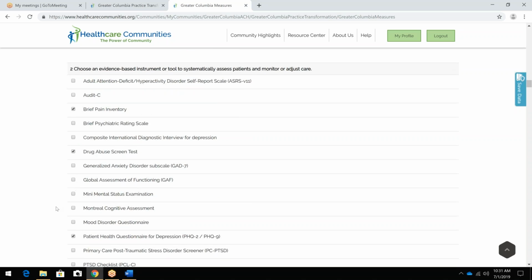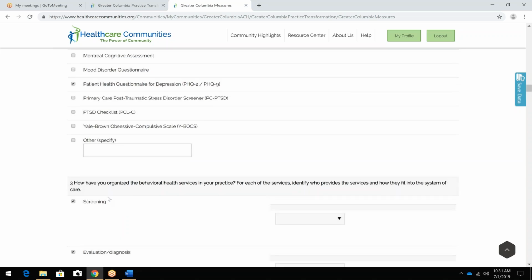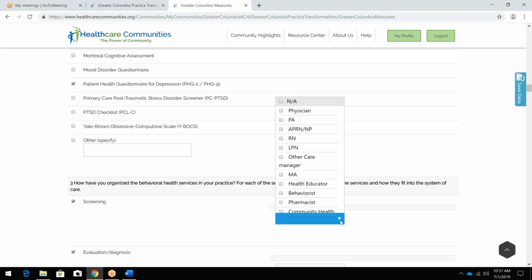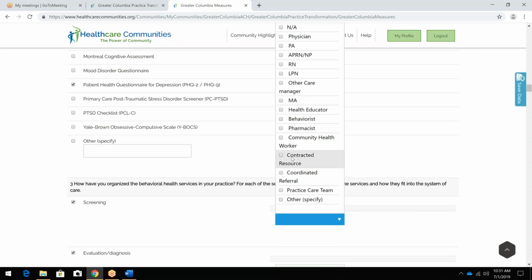For this, again, multiple selection, and then there's the other. And on here, it asks how you have organized the behavioral health services in your practice, and for each of the services, identify who provides the services and how they fit into the system of care. So here we have screening, and this marks who provides those screenings. Is it the provider, the registered nurse, the MA, is there a behaviorist,